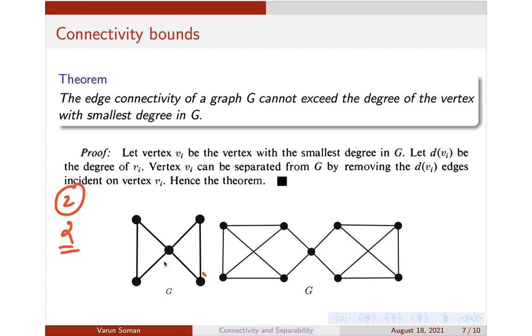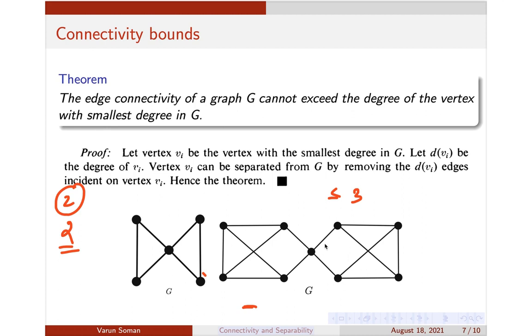Similarly, this is an illustration of this theorem. If you look at this example, which is the vertex in this graph with minimal degree, can you tell me? This has degree 3, this has degree 3, 3 here, 3 here, and this has 1, 2, 3, 4. So here the minimal degree is 3, so you should have a cut set with less than or equal to 3 edges. Can you find a cut set here?